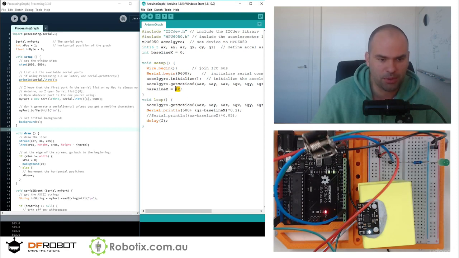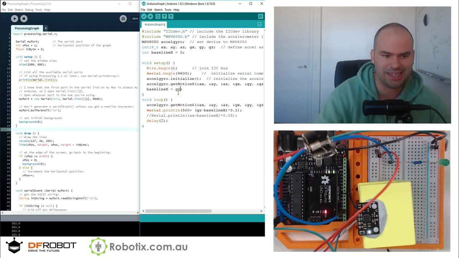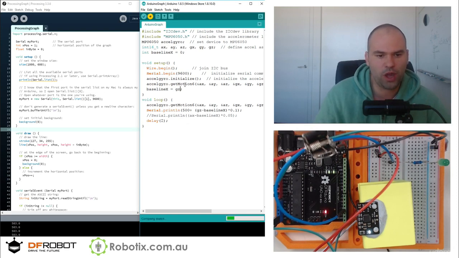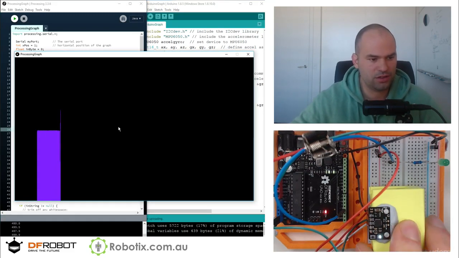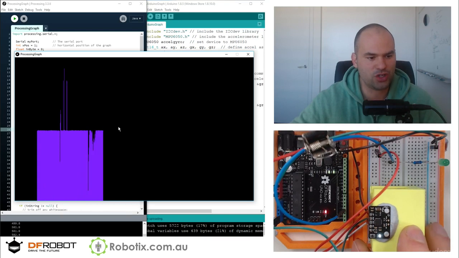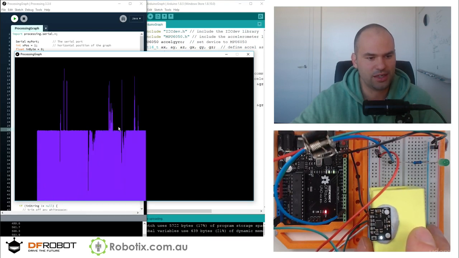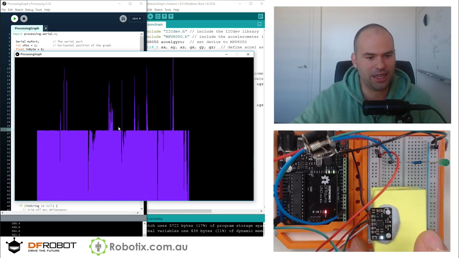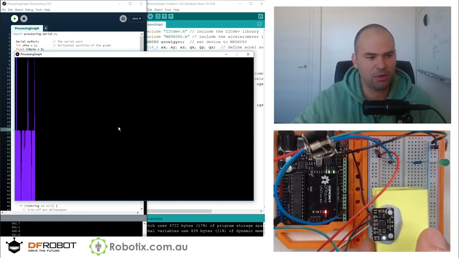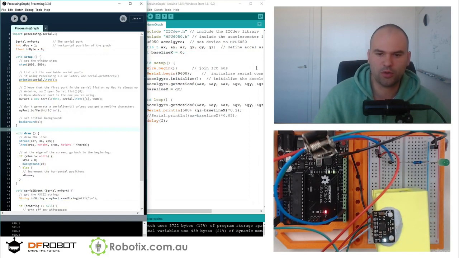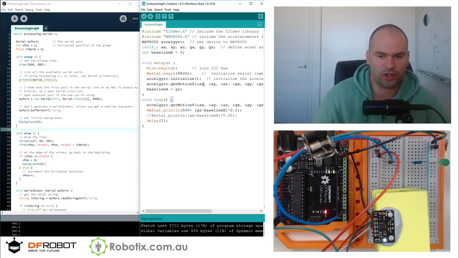So just to give you an idea, by the way, in the last video, this probably should have been GZ here, but this is where we are starting from. And what you're going to see is that the signal seems fairly noisy. Right there, watch. So any type of slight touches lead to these crazy sort of spikes. And what we want to do is eliminate that and just have it be a little bit more robust. So the way we do that, I think the simplest way would be to have